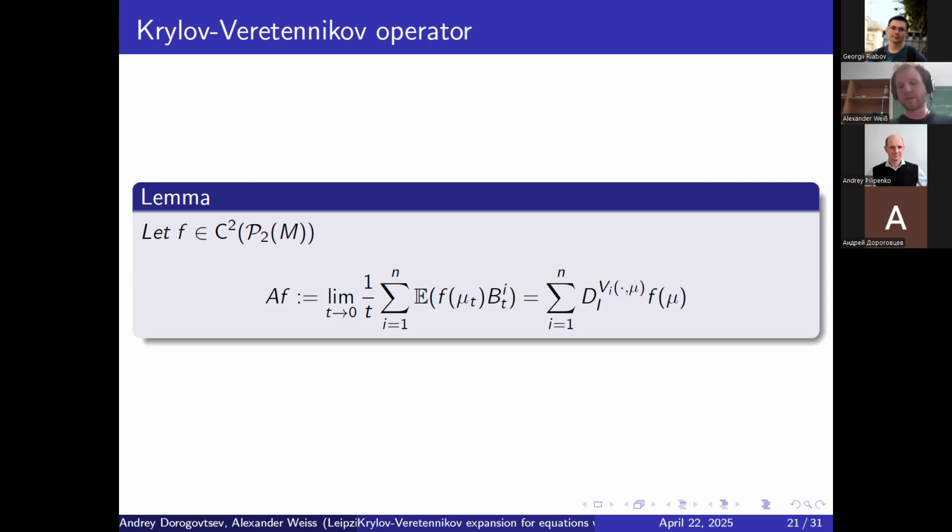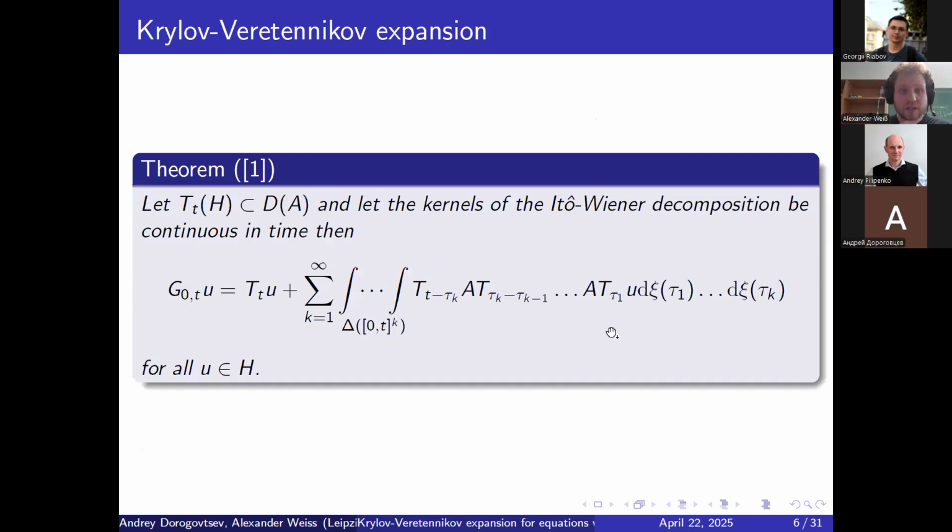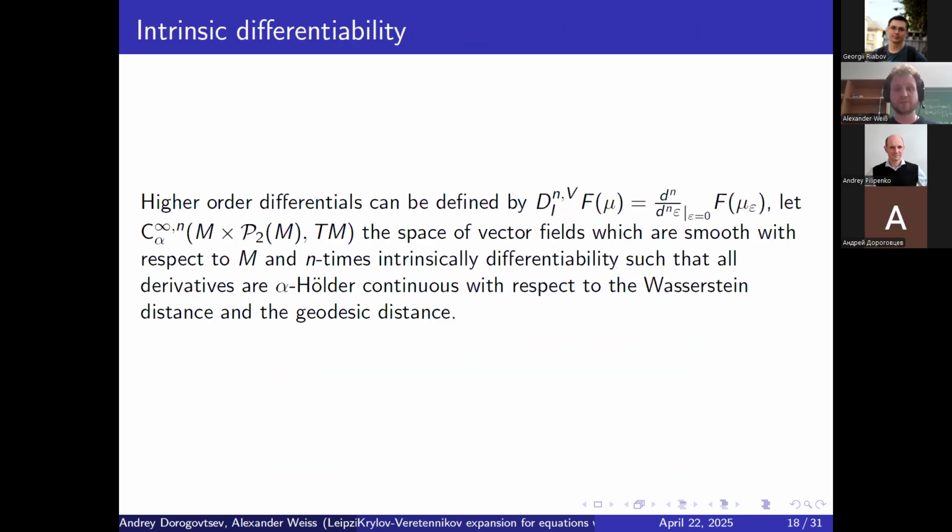And we will now come to the other ingredients that we need to prove. If you remember, let me go quickly back to recall. The first ingredient would be to show something like this, therefore showing smoothness of the semigroup, which we will show by smoothness of the actual solution, and then also the continuity of the Ito-Wiener kernels.